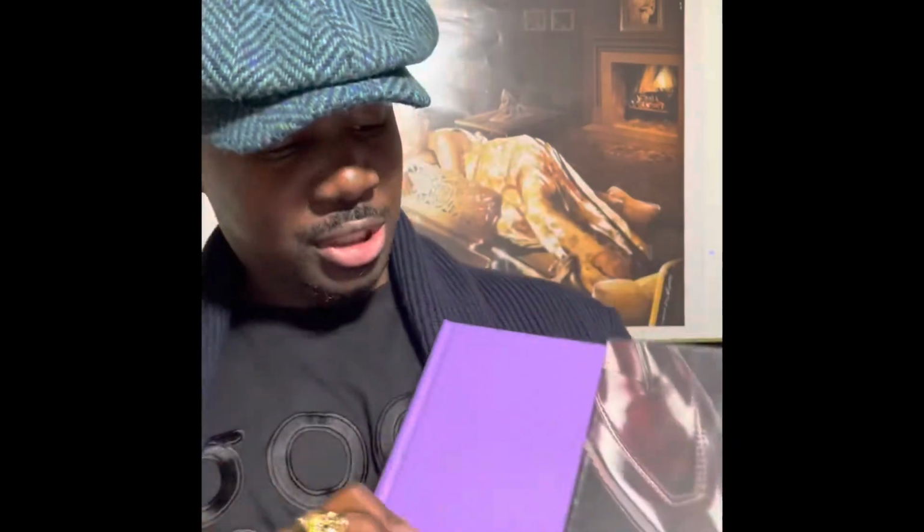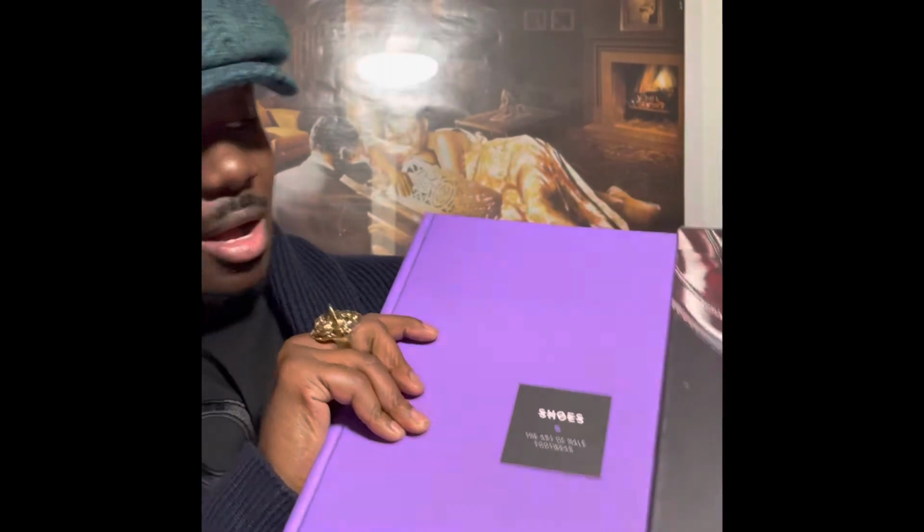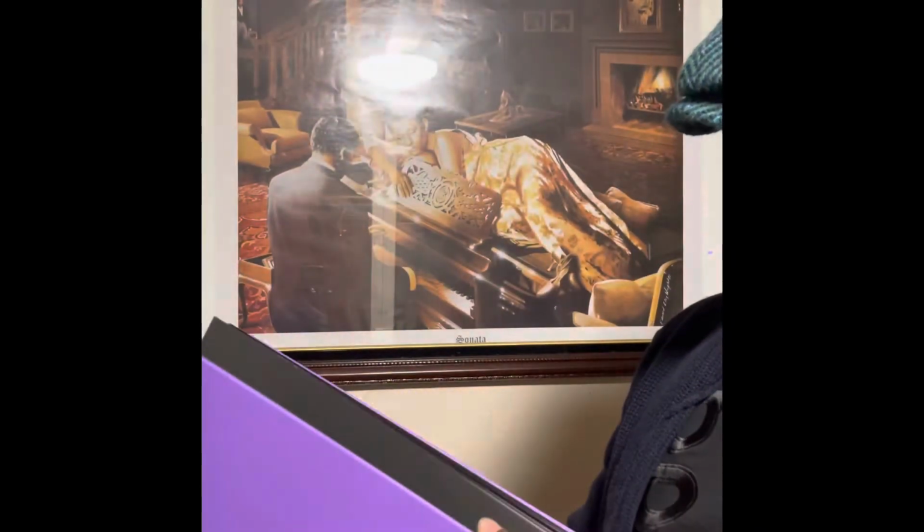So basically, Souliers, right? It came like this, and it slid open, and there was an orange cover on it, right? This one has purple, and I'm so excited because purple is my favorite color. So this is really, really awesome. Yeah, let's pull this out. Let's open it real quick. So boom. So you see this purple book right here. Boom, and then as we go through the book,